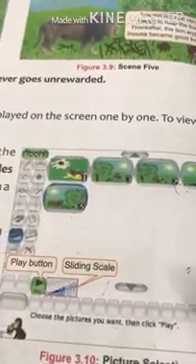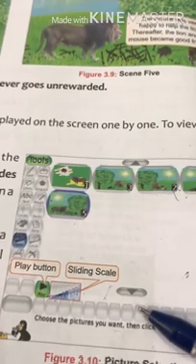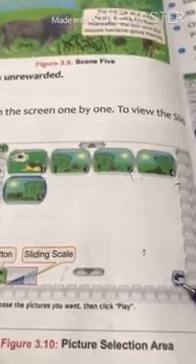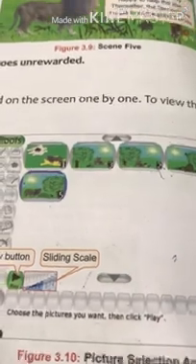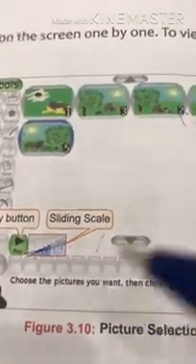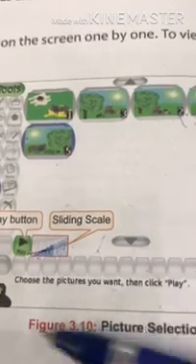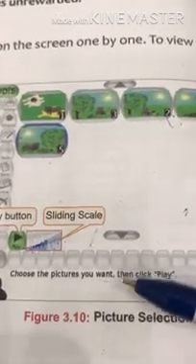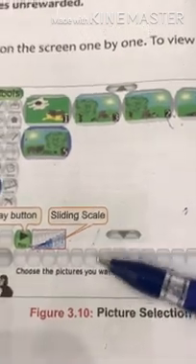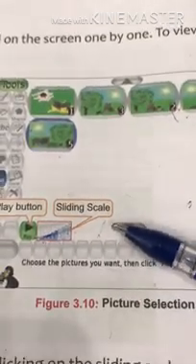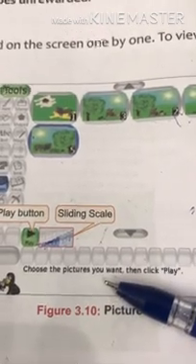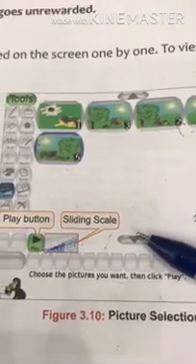If we want to go back to the picture selection screen, we will press this button. And one more thing, the Escape key on the keyboard helps you exit the slideshow. If you want to exit this slideshow, you just click on the Escape key on the keyboard, and it will help you exit from the slideshow options.